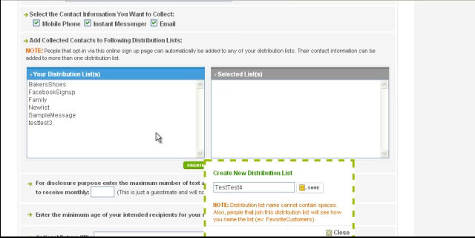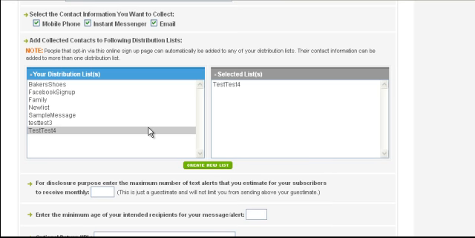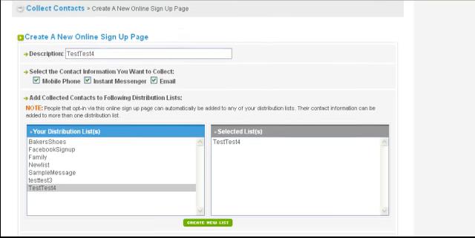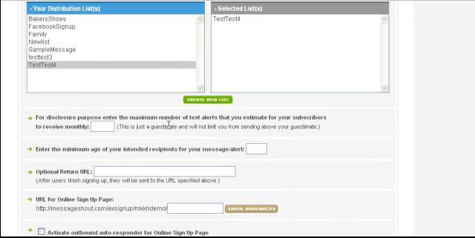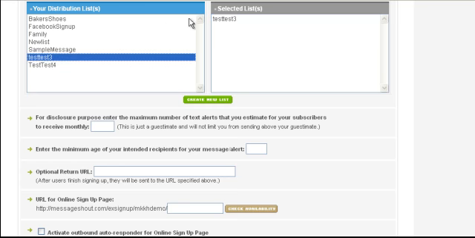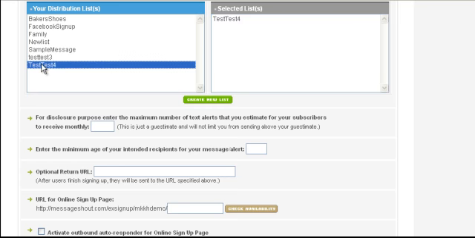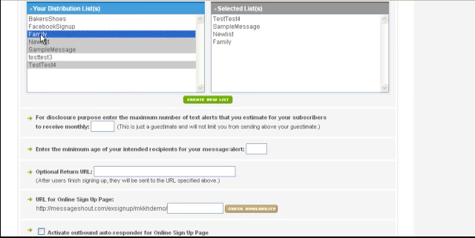Now this is a demo site, so there's not that much here, but here we have test 4, which is the same as the description of the online sign-up page. Alright, now if you didn't want this, just click it and it'll come right off, and if you want to put a different distribution list, click it. But you need to select a distribution list for all the contacts to go into. If you want that contact to go into multiple lists, just click and they'll go into the other